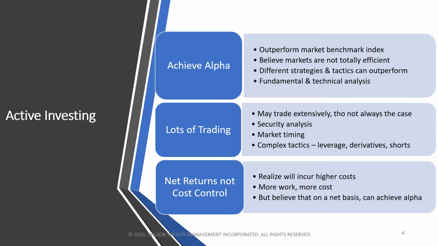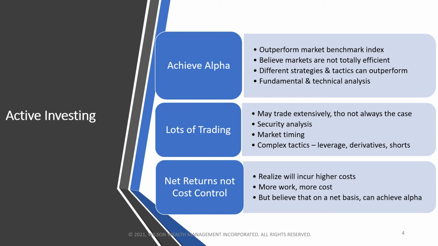Also through fundamental or technical analysis. Fundamental is more quantitative and qualitative analysis, where I look at things like earnings per share ratios, look at the prospects for the company, look at its management. A lot of the systematic and non-systematic risk factors we looked at previously. Technical analysis tends to be more, let's punch these numbers into a formula and that will give me a buy or sell signal based on the factors that I implement.